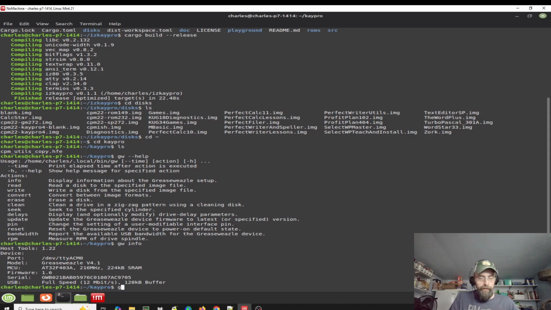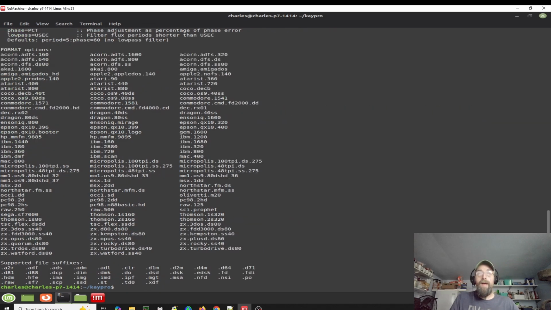So let's do a GW read --help, and that will tell us our format options and file suffixes that we have available. The way that we're going to get around this is by using the raw types. So on a 48 track per inch double-sided double-density disk or a single-sided double-density disk, we're going to use raw 250. So the way that we're going to do that is do a GW read --format